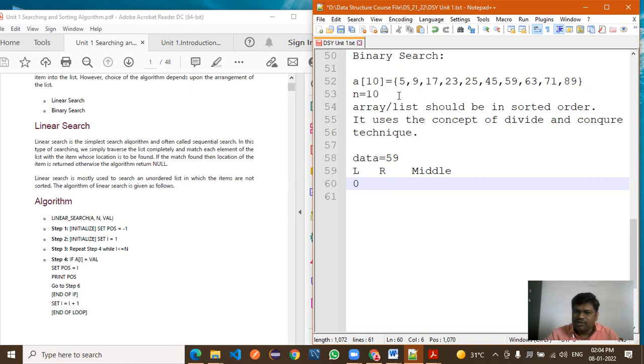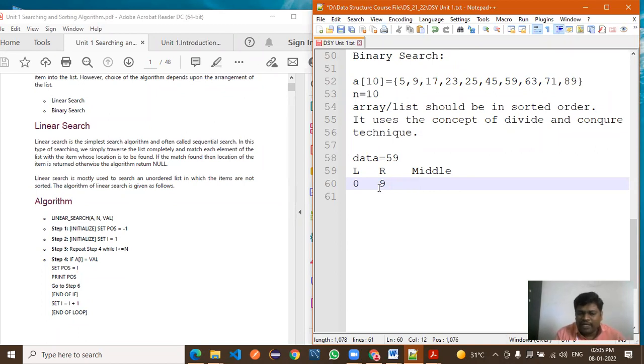The first element is represented by L and the last element is represented by R. So 2 variables, left and right. Now left is at 0 position. Now R is at which position? If you consider this array, 9 position. Very good. Now middle, how are we calculating the middle?